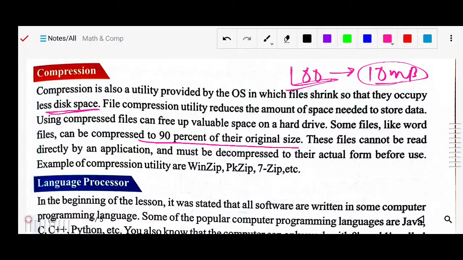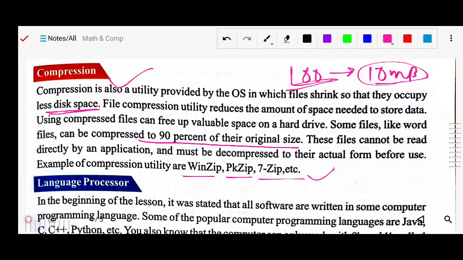So you can compress and decompress. Compress means you have shrunk the file, and if you want the original file again, you can decompress. Some software for compression are WinZip, PKZip, and 7zip. These are the examples.